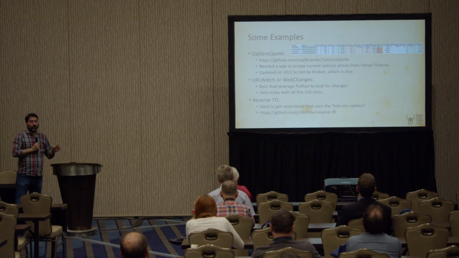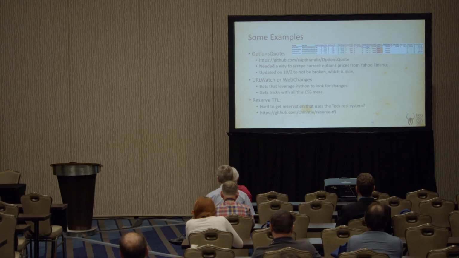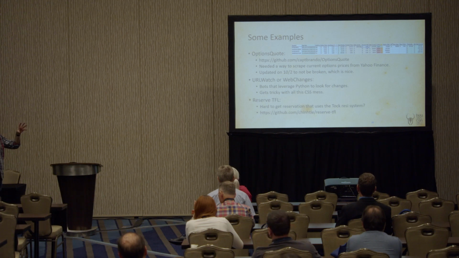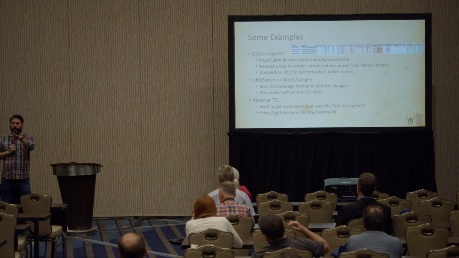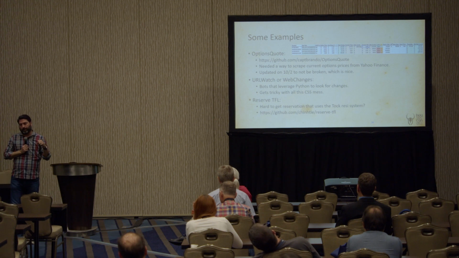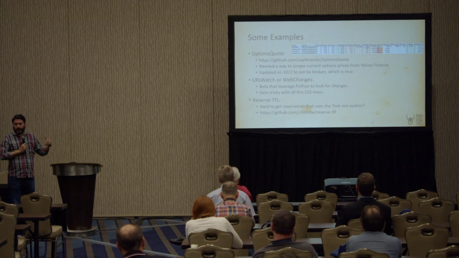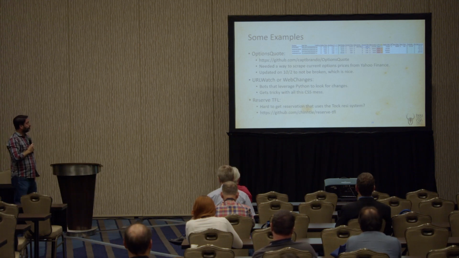So one example. During COVID, we were all bored. We said, hey, let's try to do some options trading, and we'll make a game out of it. So I built a little tool. It's working again. I needed a way to scrape options prices from Yahoo Finance. If you've ever played with Google Sheets, there's a Yahoo Finance plugin where you can pull stock prices, but you can't pull option contracts. So I had to do a screen scraping bot that then turned into an API call to pull the information down. And it just kind of looks like that in the corner there. Yeah, so I updated it last week. It's not broken, so that's nice.